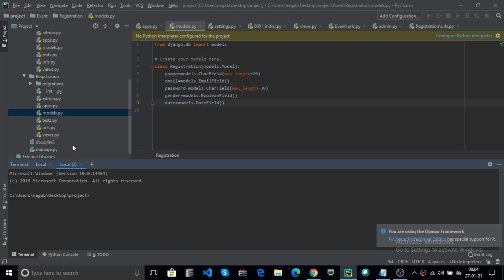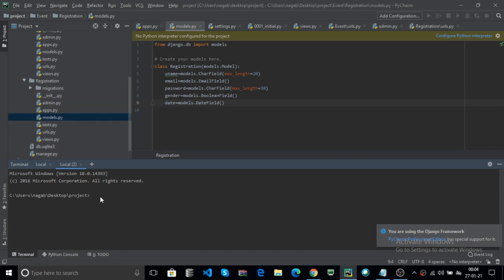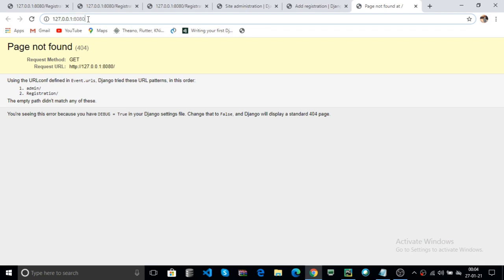In the project where your manage.py file is, in the event folder, cd event. Now use python manage.py runserver along with your own port number. Now click on run.